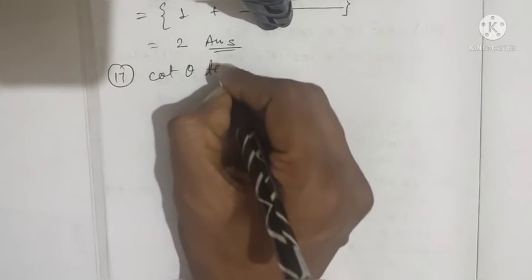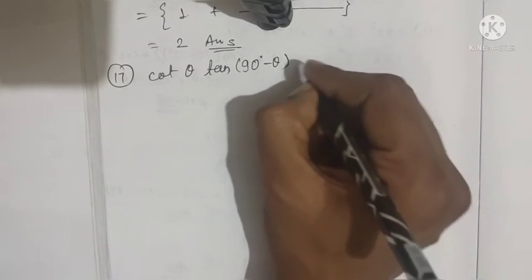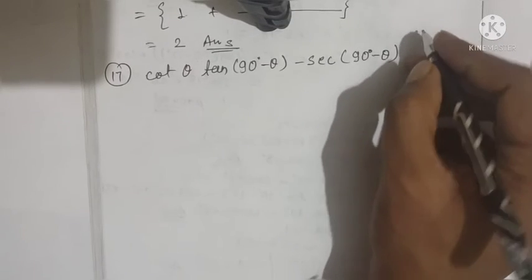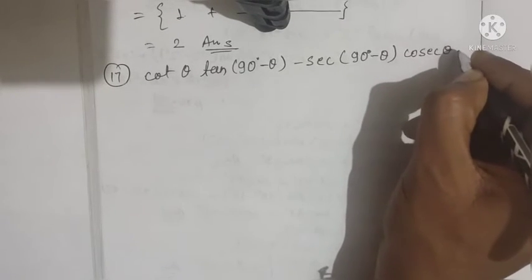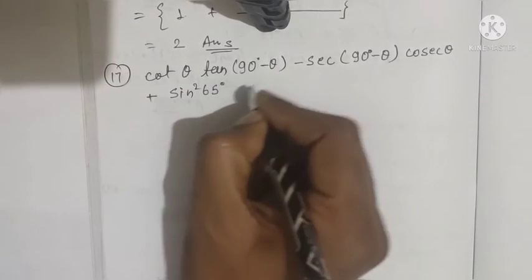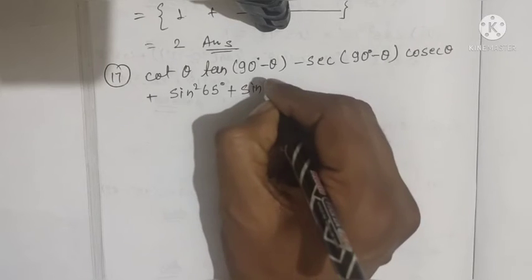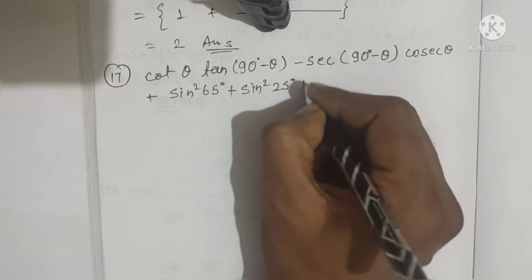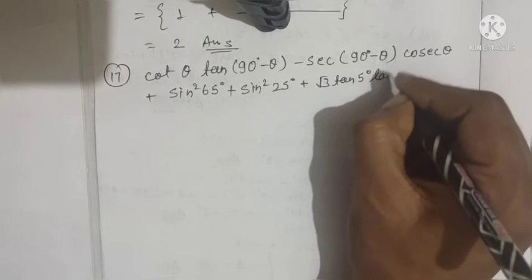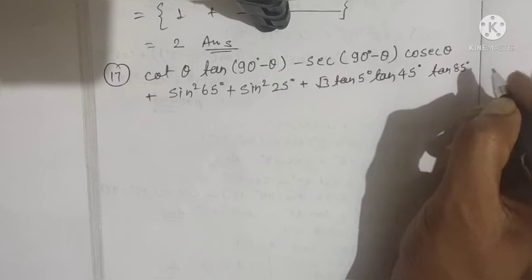Question number 17 is cot theta tan (90 degree minus theta) minus sec (90 degree minus theta) cosec theta plus sin square 65 degree plus 60 sin square 25 degree plus root 3 tan 5 degree tan 45 degree tan 85 degree. Okay,